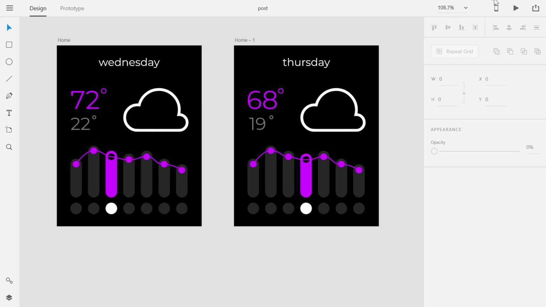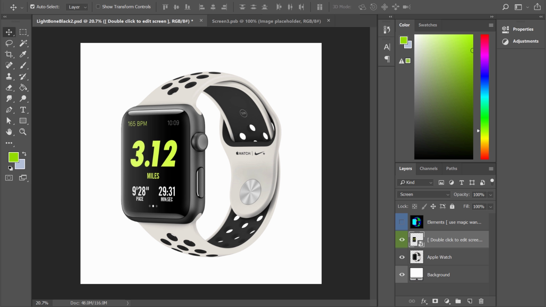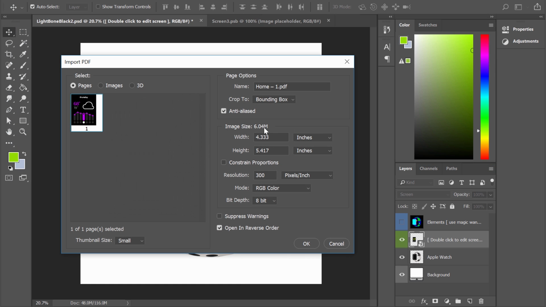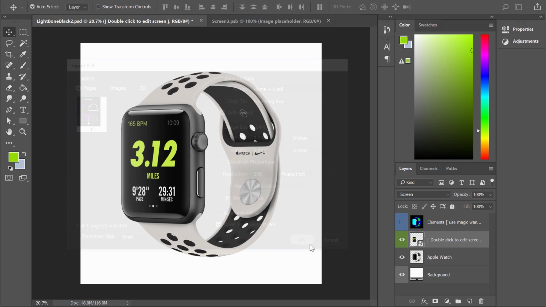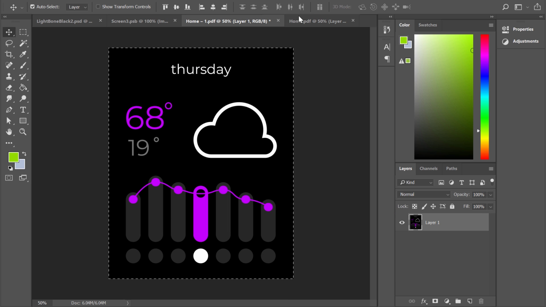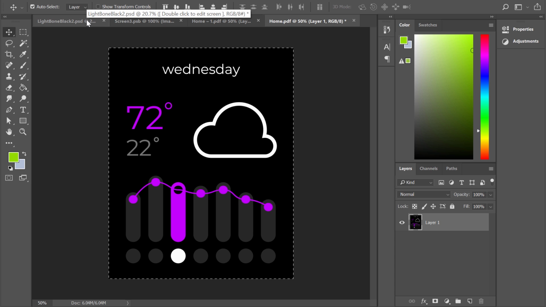We'll go back to Photoshop and go to open. Select our two files. And then right here, we'll leave resolution at 300. Make sure mode is RGB. Sometimes by default, it puts it in grayscale. And then hit OK and OK. All right, so we'll take the first one, copy this. So Control A, Control C. We'll go back to our smart object